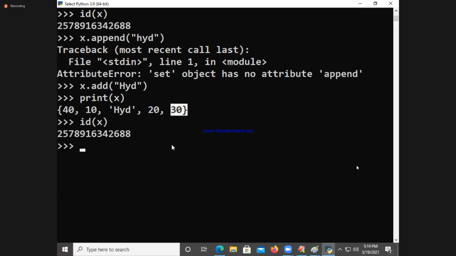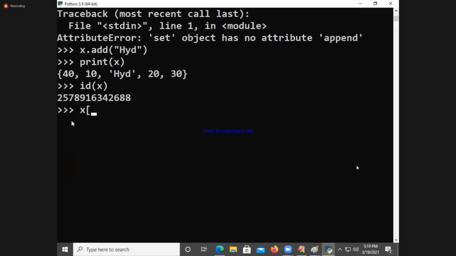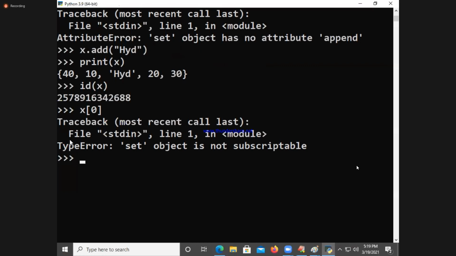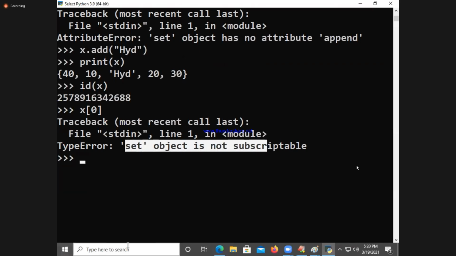You may ask a question: sir, it is displayed now, so you can say this is available at the 4th position. Suppose I add one more new element; where is the 40 available? Can you decide? That's why on a set object we cannot use indexing. Apply X of 0: you will get set object is not subscriptable.